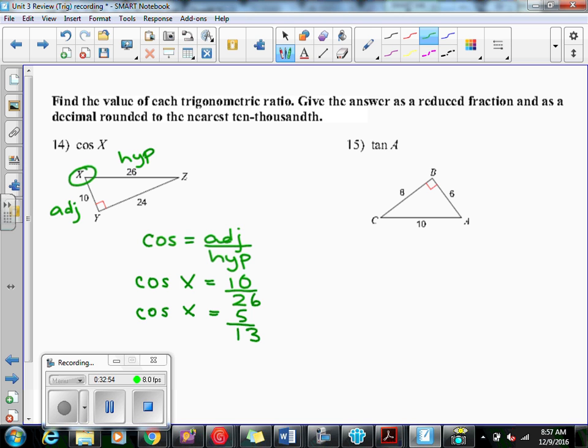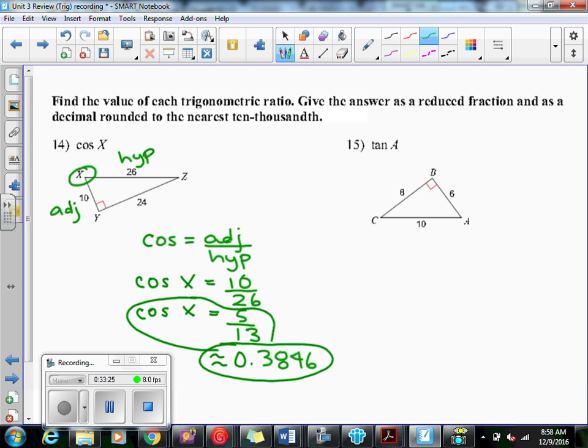They also wanted this as a decimal value. And you know to get the decimal, all you're going to do is divide. So you do 5 divided by 13 in your calculator. And then 10,000th means 4 decimal places. Not 1, not 2, not 3, but 4 decimal places. So 0.3846. Okay, and I don't need to round it up anymore because there's a 1 that follows that 6. So these are my answers